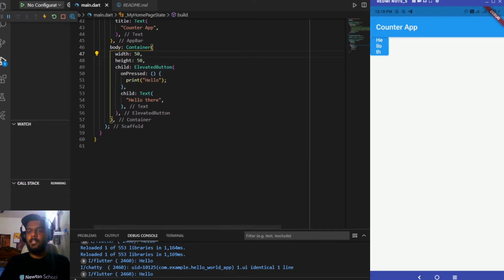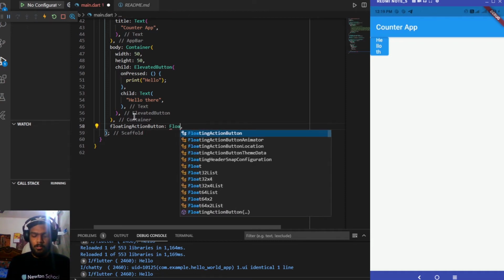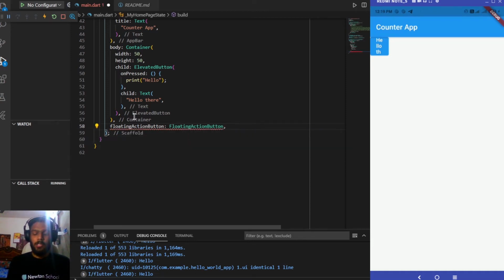Now moving towards the next widget which we have. The next one is the floating action button. We generally add a floating action button inside the scaffold by using the floating action button property which is available inside the scaffold itself. But we can also add the floating action button inside our app. Let me first add an on pressed for this,